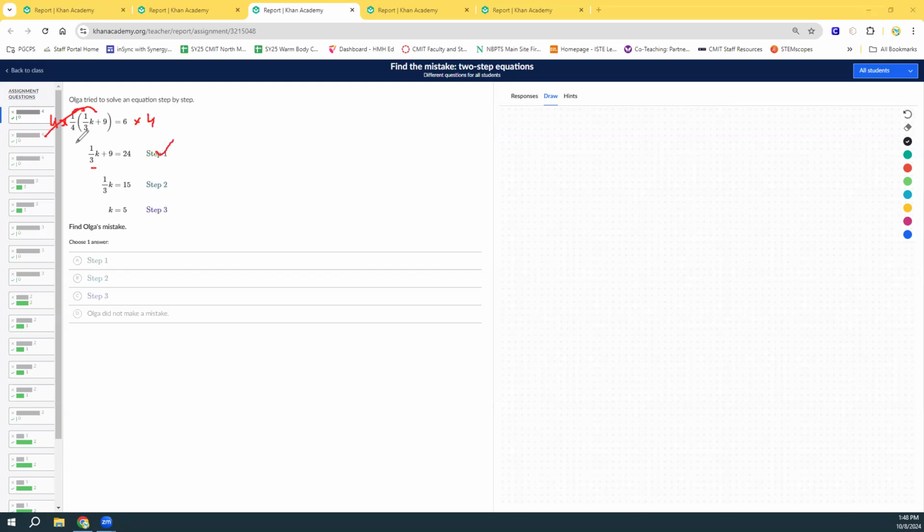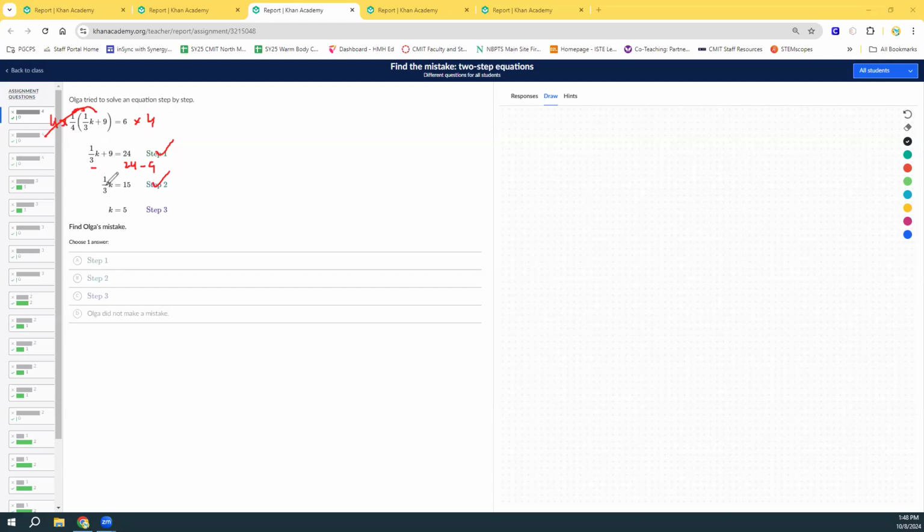We can multiply both sides by that. Okay, so you see how that works? 4 times 1/4 is gone. Okay, so now let's look at the next step. When the 9 was 24 minus 9, is that 15? Okay, so that's good. And then the last step,